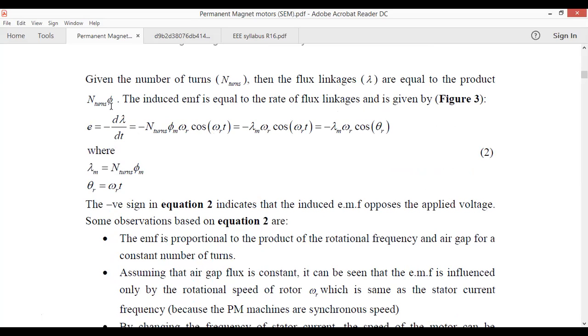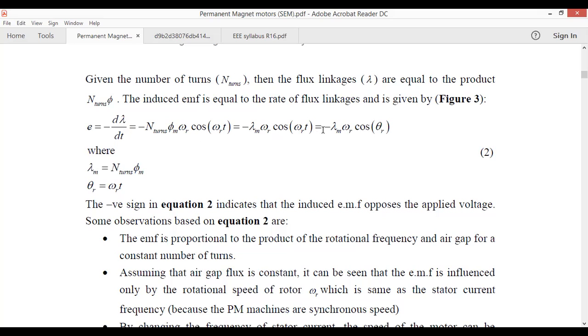Phi is nothing but phi m sin omega t. Here we are differentiating the sine value, which gives a minus sign, and the sine has been replaced with the cos value. So that's why we are getting the minus value: minus n phi m omega cos omega t. And next, by differentiating that, we get the equation minus lambda omega r cos omega r t,